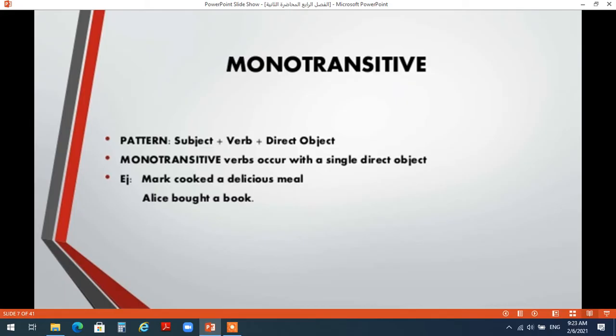The pattern of this type of verb is subject plus verb plus direct object. Monotransitive verbs occur with a single direct object. As we said, a monotransitive verb is a verb that takes one object, and it is always a direct object. As you see here in these two examples,